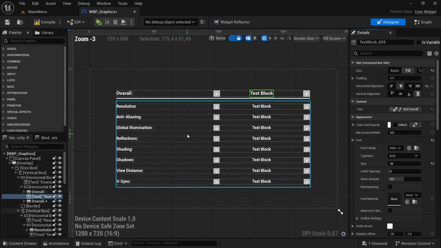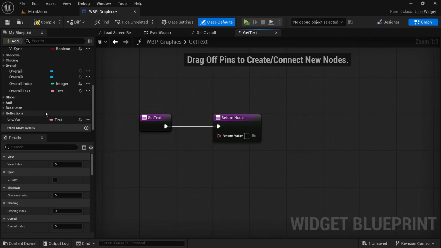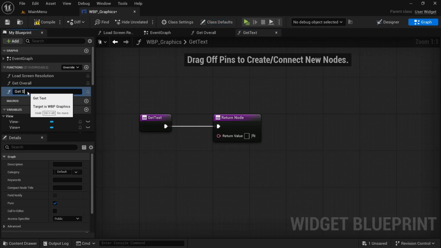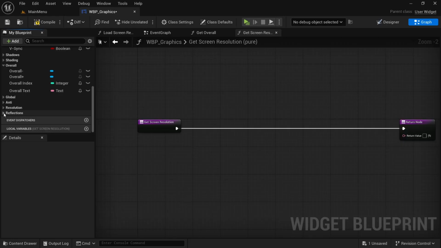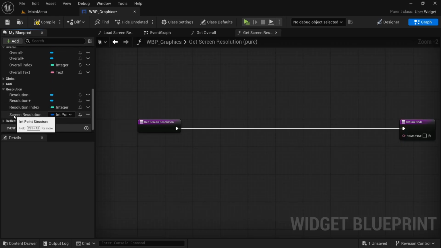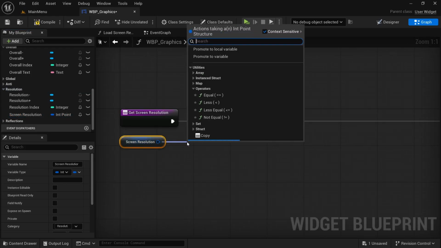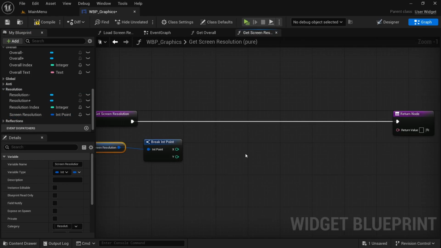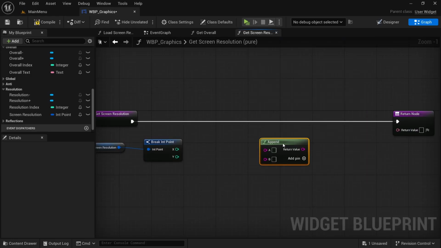So back to the designer, then we're going to go for the resolution, create binding in the text content, and then just rename the function get screen resolution, and then we're going to drag it out, and then we're going to drag in the resolution. So the screen resolution, hold control, drag it in, and then we're going to drag off, and then we're going to break it, and then we're going to look for an append string, and then we're going to add a